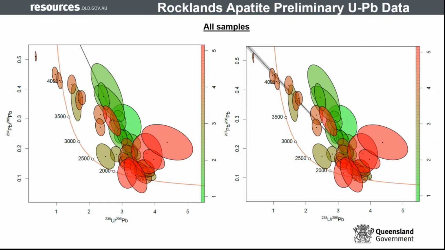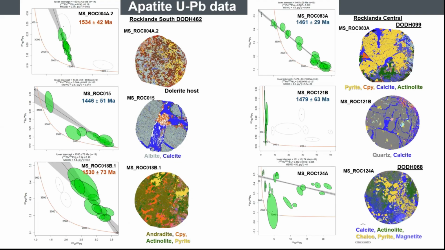We also tried to get uranium-lead dating on the Rocklands apatite. And if you look at all the samples together, it's quite a mess. So you can try and get a couple of regression lines, and good luck to justify whether it is a good regression line or not. And this comes much easier and more convincing if you look at the individual apatite populations and know where they come from. And what is interesting, don't quote me yet because these are just very initial results, but it looks like